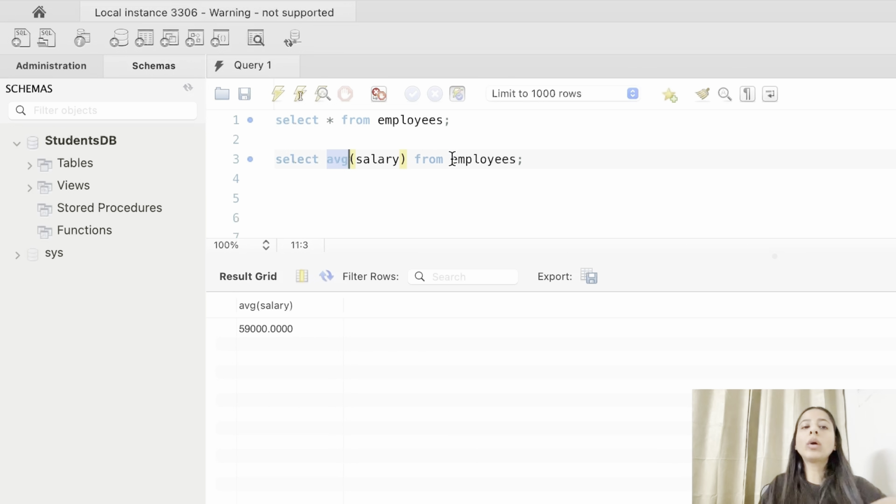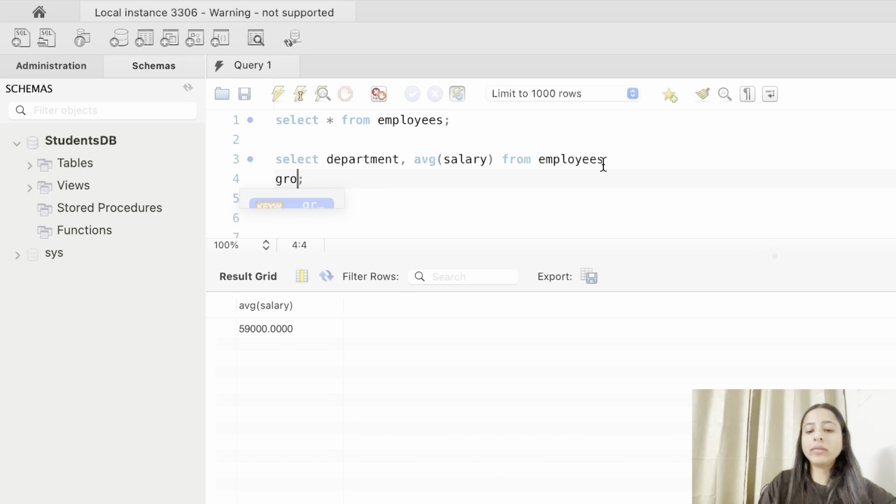Now let's say we want the average salary for each department. We can simply use the group by with the aggregate function. So we write select department, comma, average salary from employees, and we group it by the department.